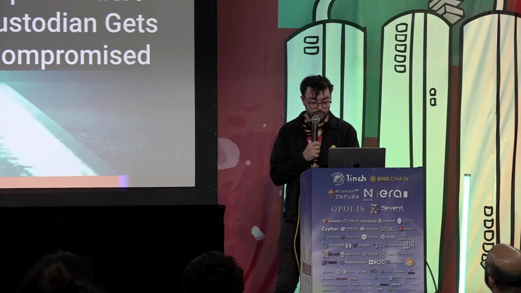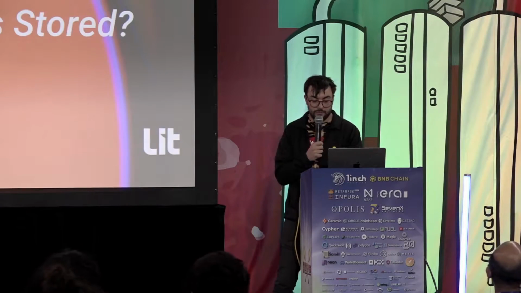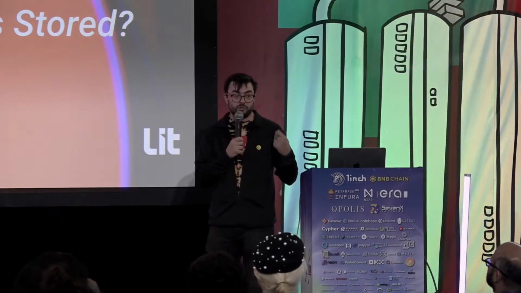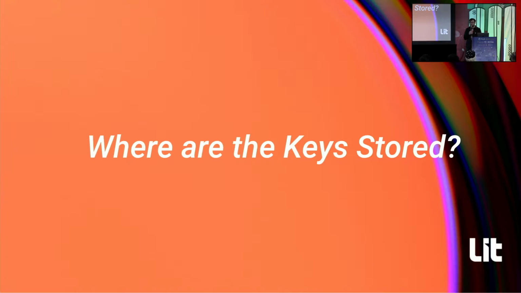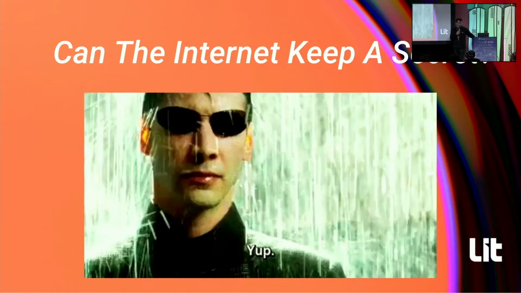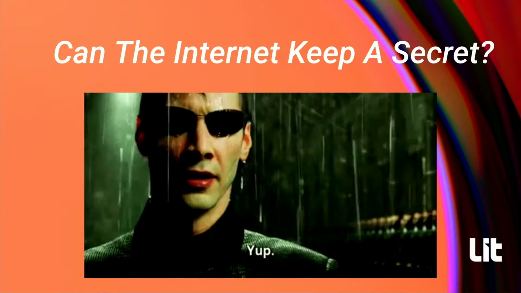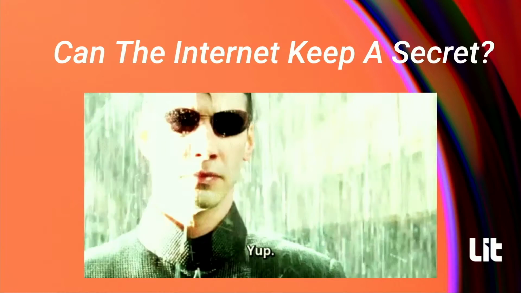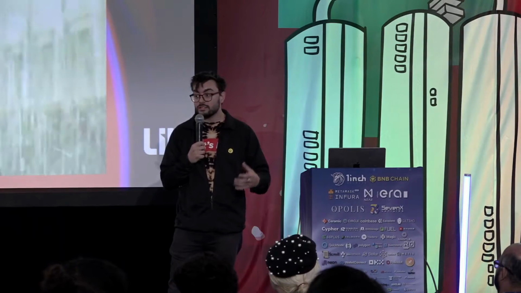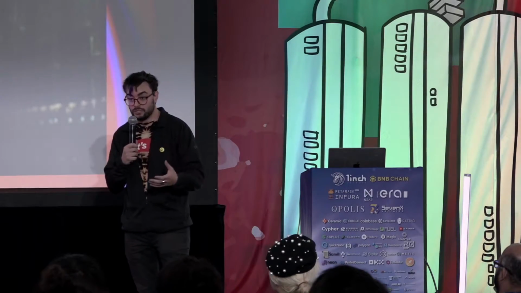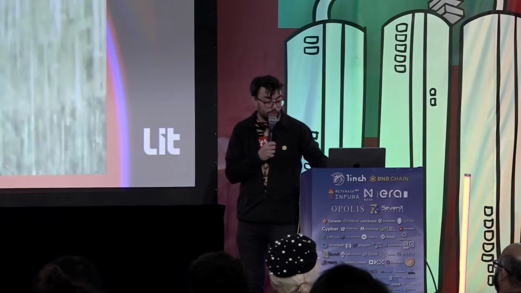And we over here at Lit have a pretty interesting question that we ask ourselves all the time, which is, where are keys stored? This is a really fundamental question about secret management. And as you're looking at things in this space, this is a really key question. And so another way to think about this question in the context of doing this in a distributed way as a network, and this is our take, is to say, can the internet keep a secret? And so what I'm going to talk to you about in the next several minutes is us saying, yes, we believe that is possible, take you through the architecture of how that works, and then talk about some of the use cases that are enabled when the internet can, in fact, keep a secret through a distributed key management network.